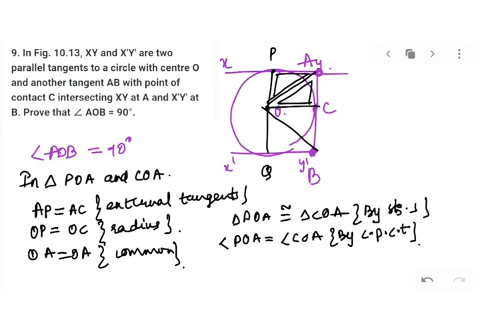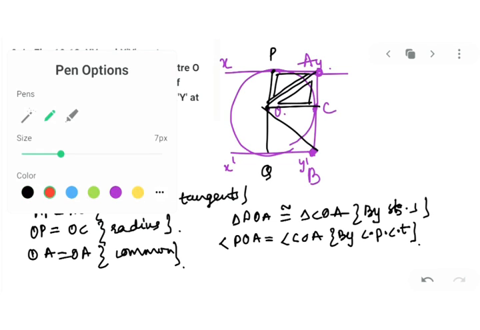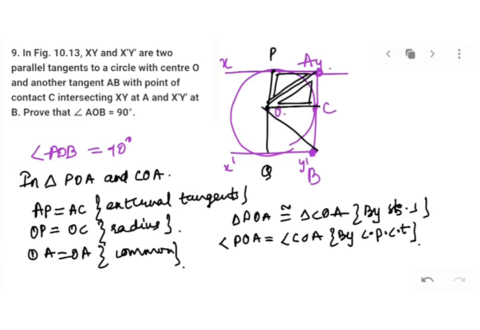Once you got that, you can write in here. I'll just write in here, this is X and this is X. They both are equal now. Now my dear kids, the similar process which you have just done for these two triangles POA and COA, you